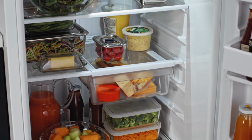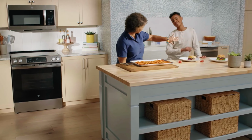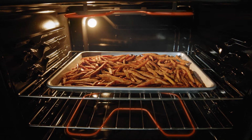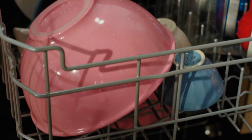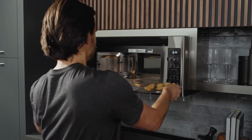LED interior lighting. The freestanding electric range features 4 radiant elements plus a 2,500-watt oval center element for larger cookware, paired with a 5.3 cubic foot convection oven delivering even heat with fan convection technology. The dishwasher integrates AutoSense technology, optimizing cycle length, water temperature, and energy use, while the 1,100-watt over-the-range microwave incorporates sensor